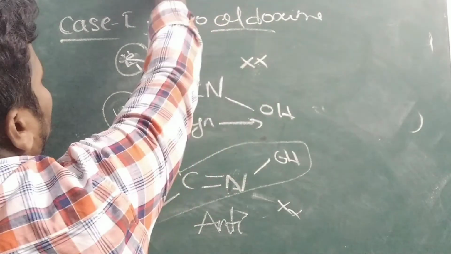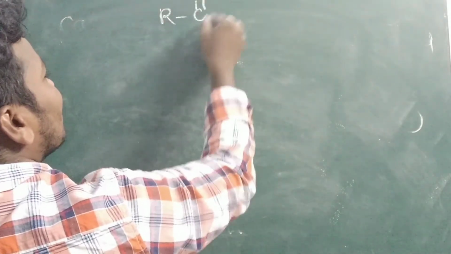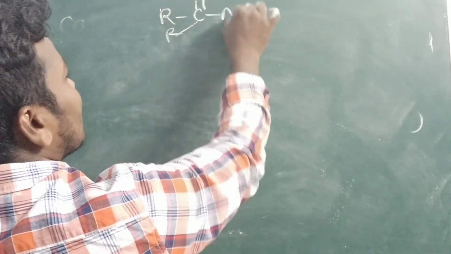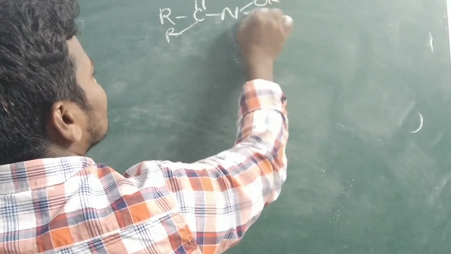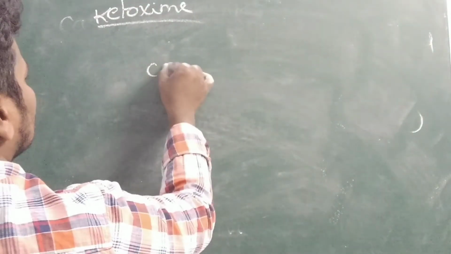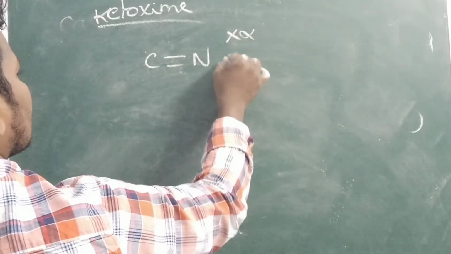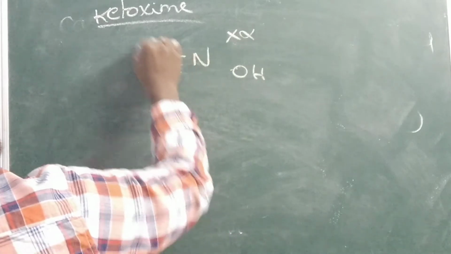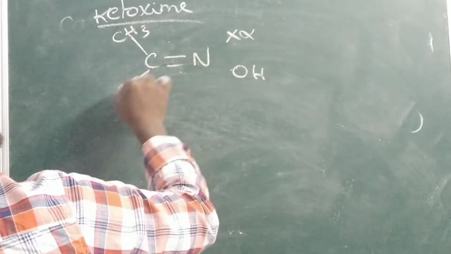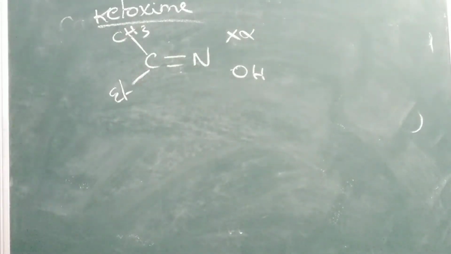Okay, this is simple. But here you can see ketoxime. Ketoxime in the sense what? R C double bond O, R, N OH. Okay, we will see. Case 2, in case of the ketoxime. So C double bond N, lone pair and OH. Here methyl you can take, ethyl you can take. It's not a problem. You can take different groups also, similar groups also you can take.